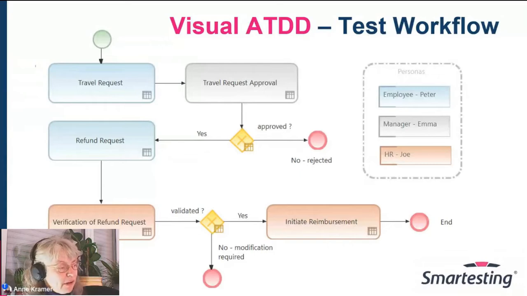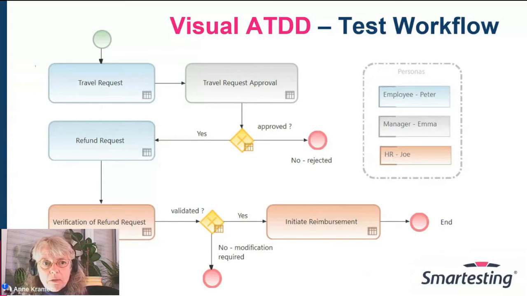I'm a big fan of the possibility to add notes to actions. So you can add a note telling people that for the travel request, it is sufficient to have the employee's right, and that for the initiation of the reimbursement, you need different rights. But strictly speaking, when we talk about testing this,